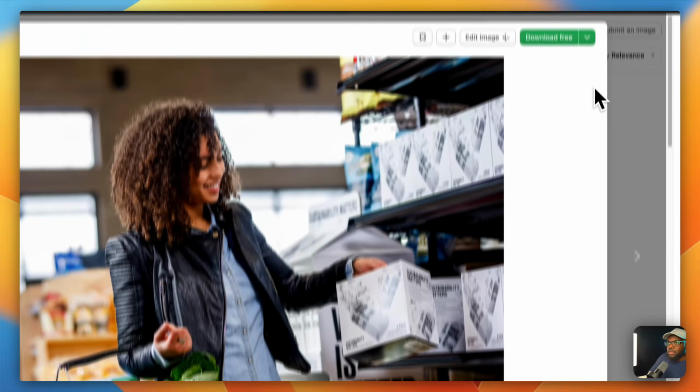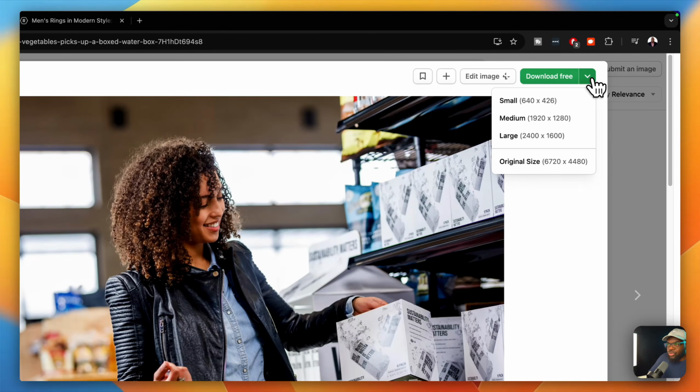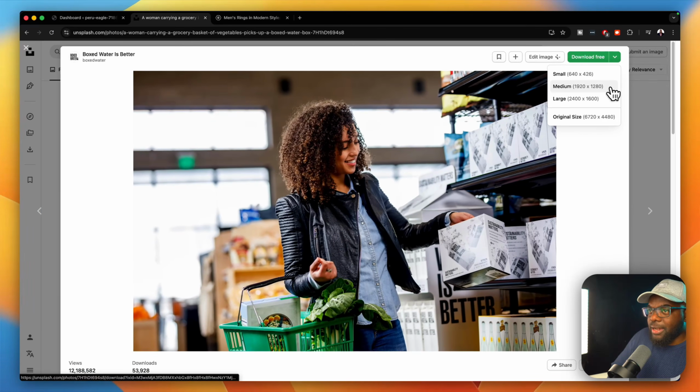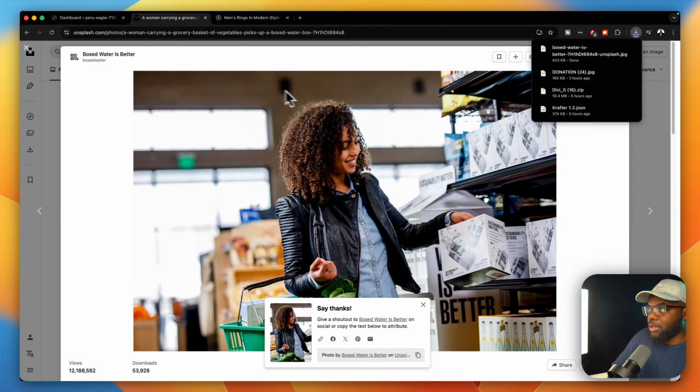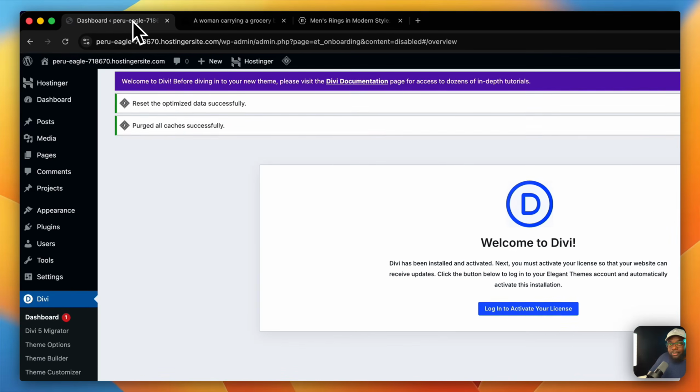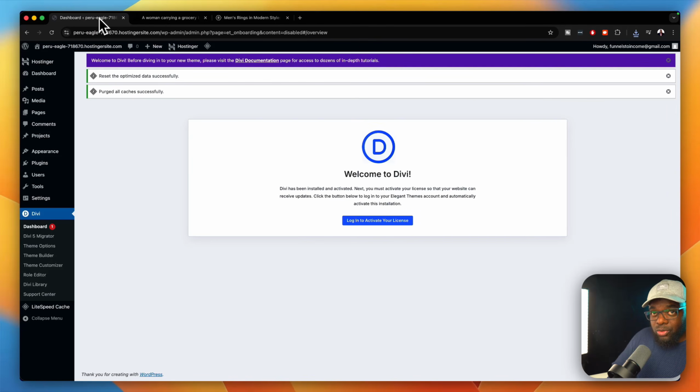Okay. Next, I'm going to come over here to the top and just choose the size that works for me. And I think 1920 by 1280 is perfect. Okay, so that's downloaded now. I need to now upload that image onto my website so I can use that image on my site. All right, so I want to come over here now to media,